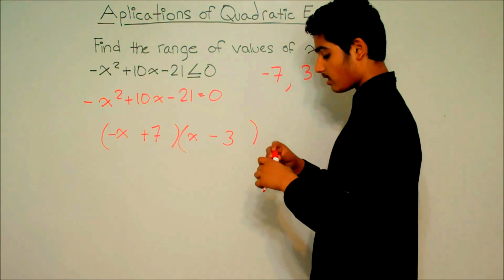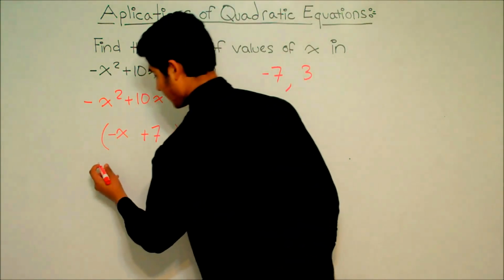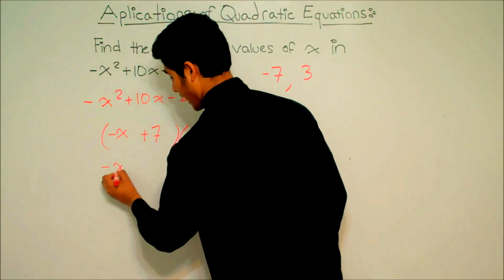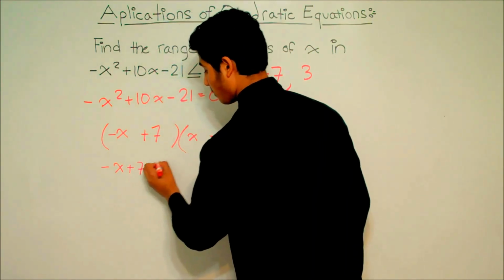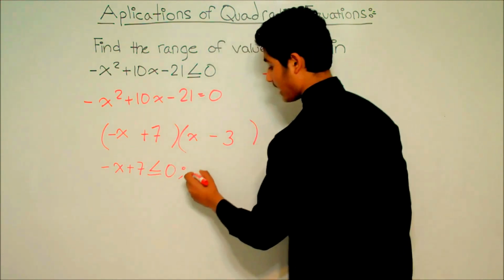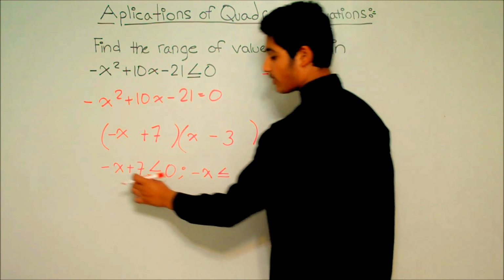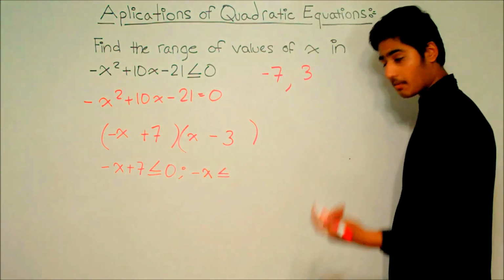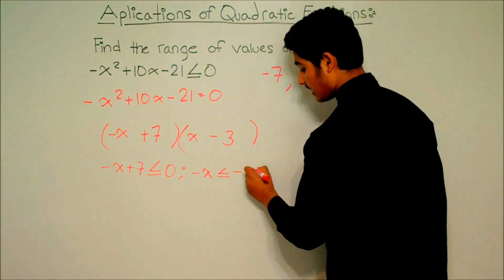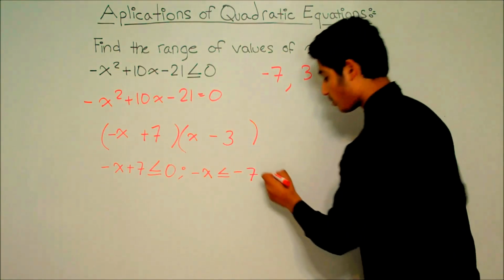So, now let's solve for x. But now when we solve for x, instead of being equal to 0, negative x plus 7 will be less than or equal to 0. So that means that negative x is less than or equal to, to get rid of 7 from the side, we have to subtract 7 from both sides, negative 7. And now, x would be